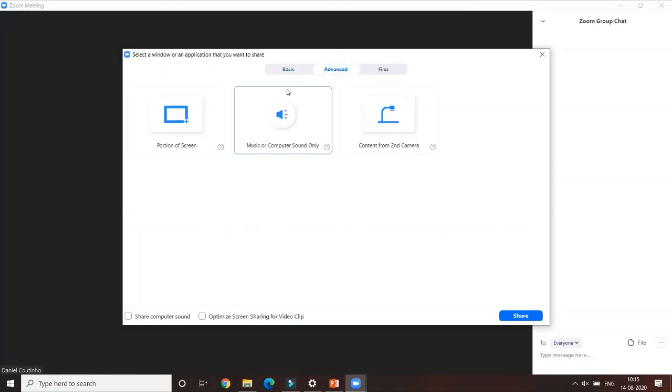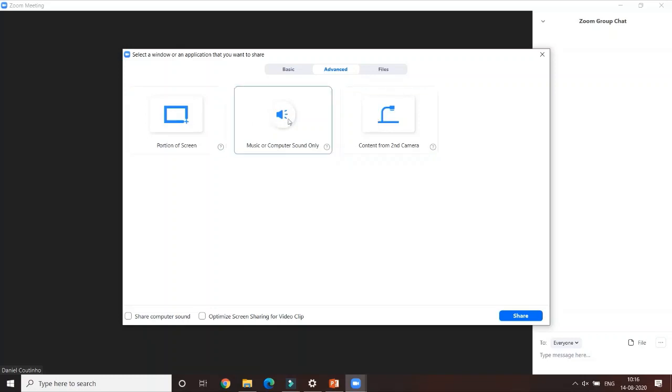If you want to share just a portion of your screen with your students, not the entire screen, maybe some portion where your video is displayed along with you, the demonstrator, explaining something, you can do that. You can just share some music or audios with them. You can also share something from a second camera. Say there are two people who are going to present, and you want to share from the second camera at that particular time. You can go ahead and do that.